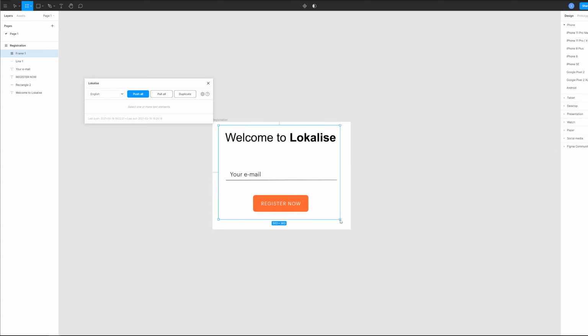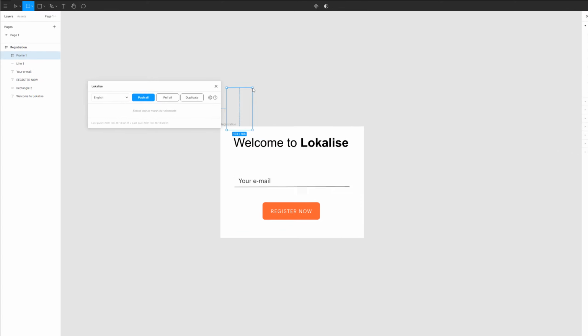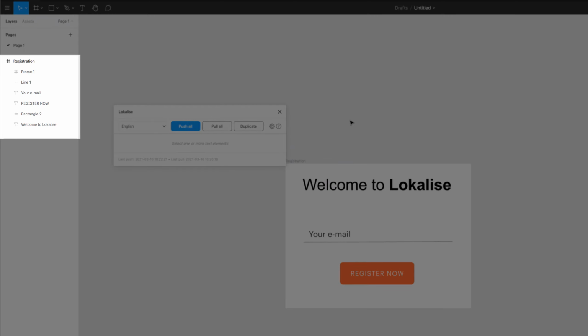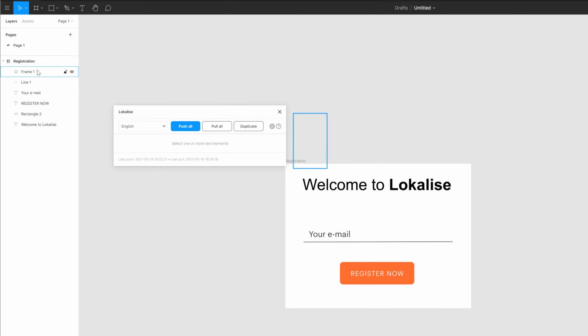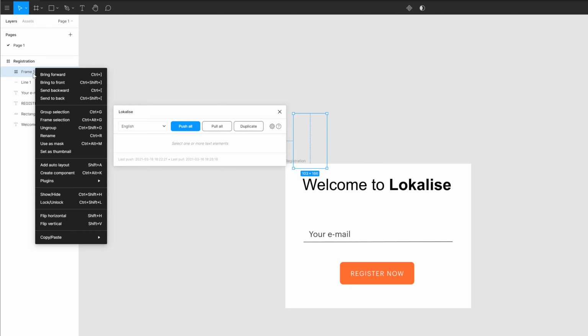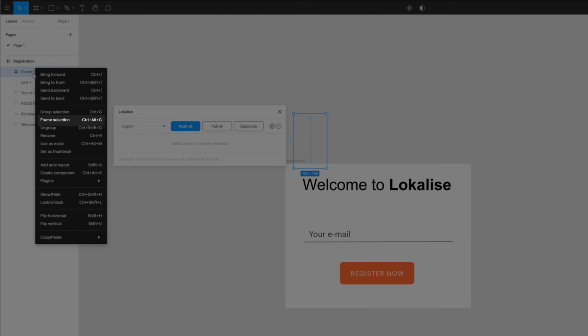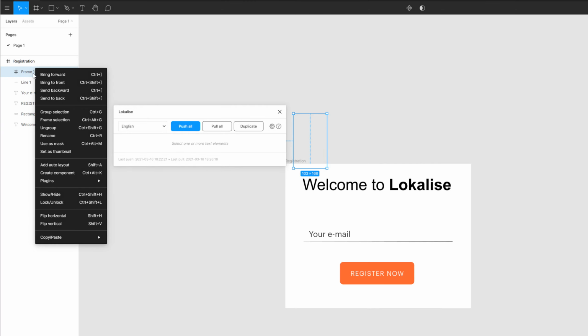Start drawing and group as many elements as needed. For each frame, a separate screenshot will be created. After drawing a frame, make sure all elements were actually placed there. Here in the left menu, it says we have one frame, and all elements now live inside it, which is correct. To group elements into frames, you may also select them from here in this menu while holding the Control key. Then press the right mouse button and choose Frame Selection.